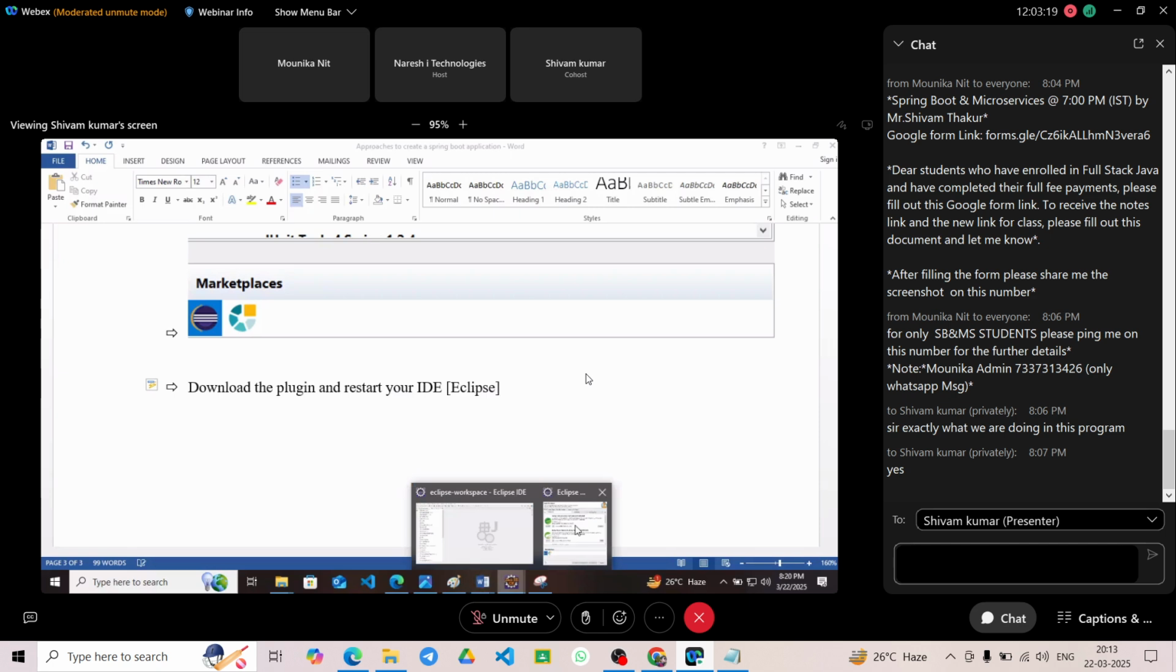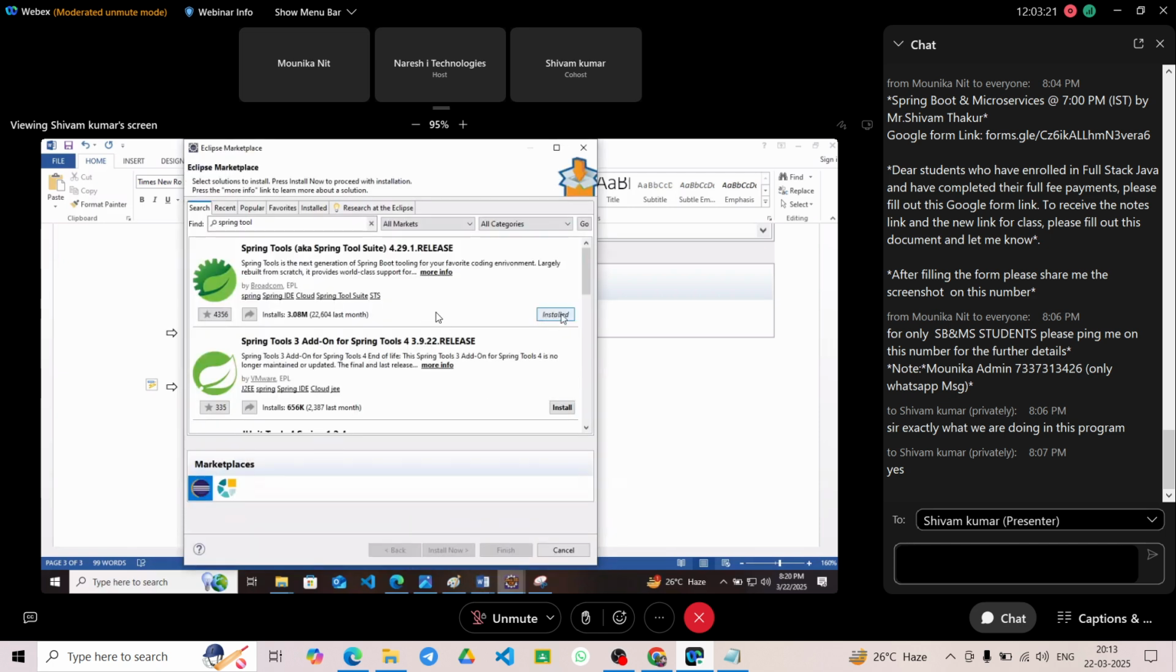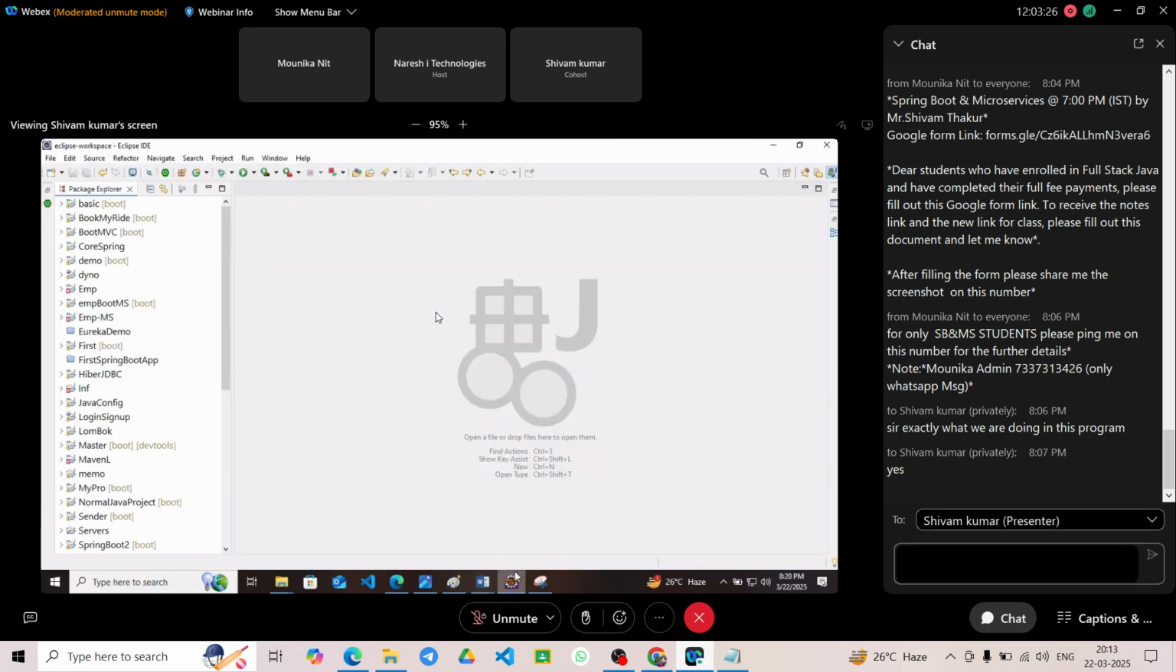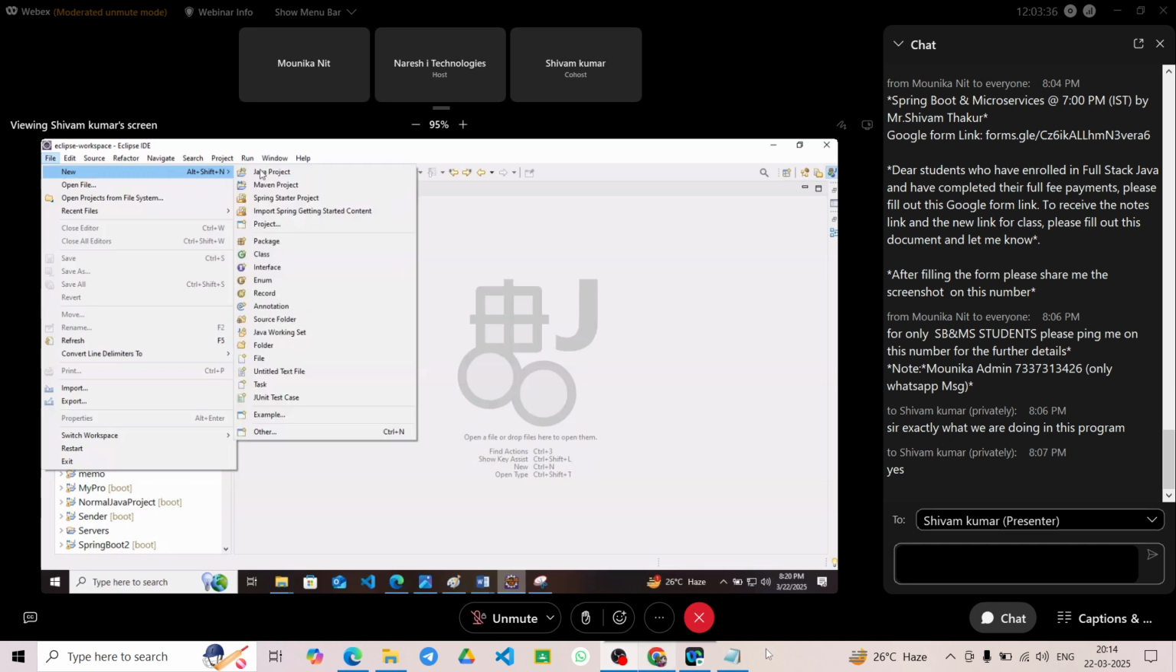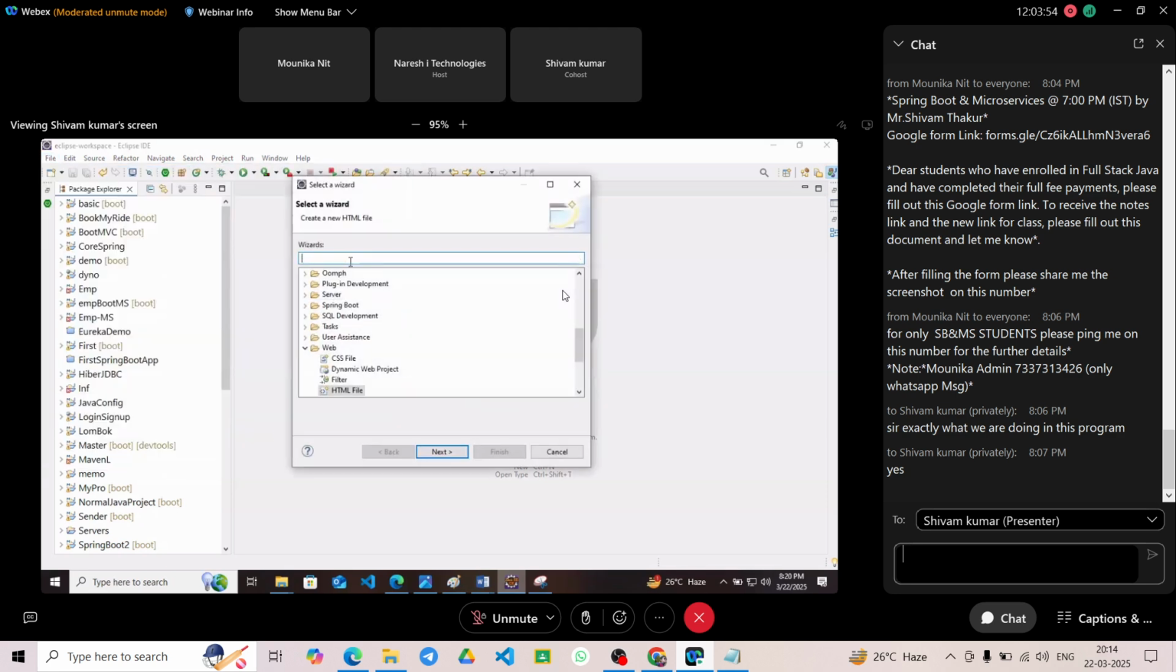So I have already downloaded this plugin, so it is already showing install. And after doing this particular part, your Spring will have a method for creating a Spring Boot app. How? Click on File, then New, and you will see this Spring Starter project visible. You are seeing this? Spring is in your Eclipse. By default, it will not be there. You have to download the plugin. That is Spring Starter project. If it is not visible, you can go to Other and search here Spring